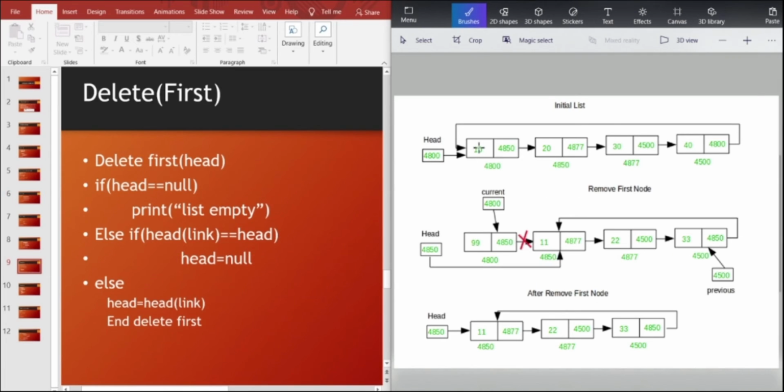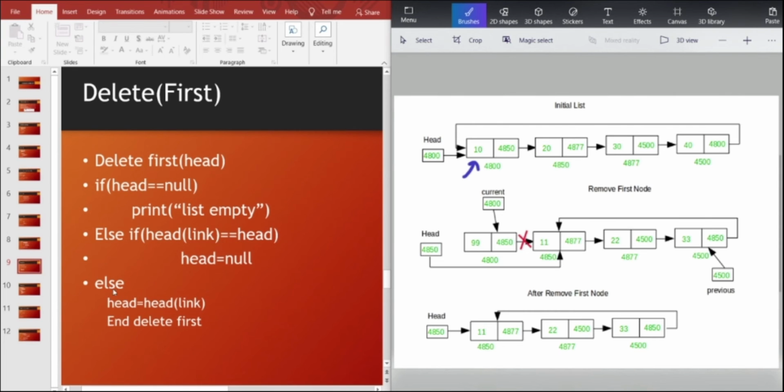So now let's look at how the delete first algorithm works. In this circular linked list, this is the head node. We need to remove this as this is the first node of the circular linked list. For this, first we check if head equal to null. So here head is not equal to null, and then we check whether the head of link equal to head. Here the head of link is not equal to head, it points to the next node.